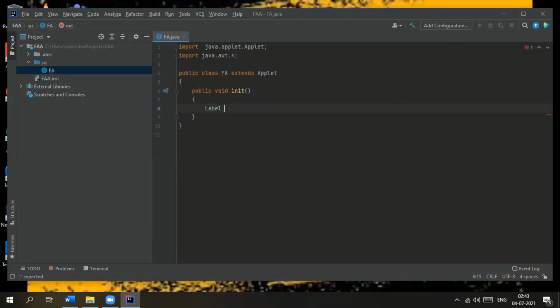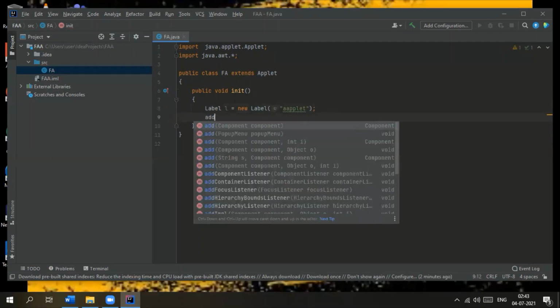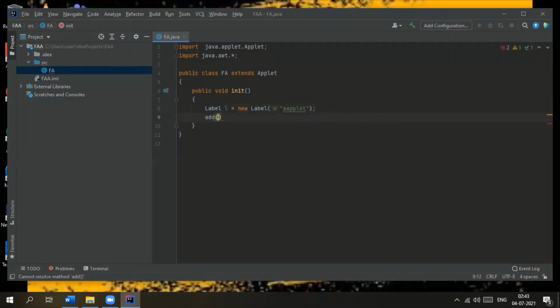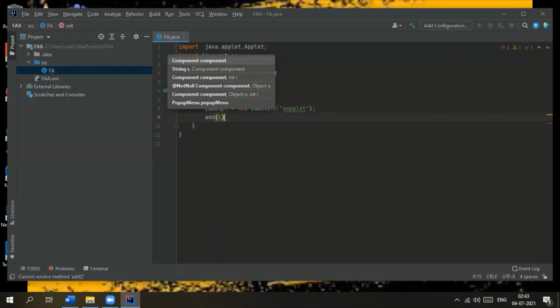You can see the AWT package is imported implicitly. The component name is L. And here I'm writing applet, I'm trying to add the component to the container. In order to add the components, we use the method called add, and our component name is L.